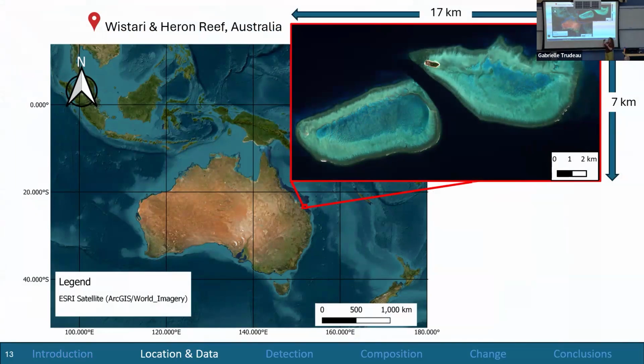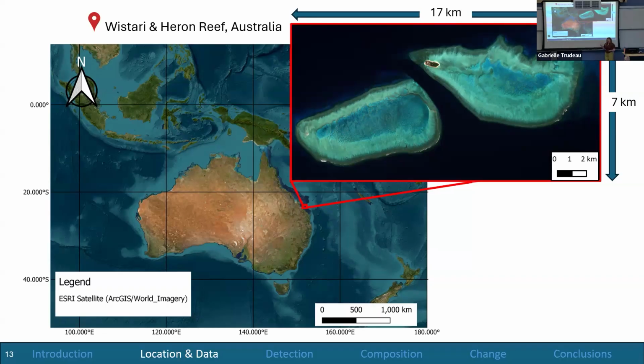But these are both what we call atoll-style reefs. So we have a really stark perimeter of a coral structure on the outside. The reef edge is usually about 1 meter or 2 deep, depending on the tides, and then it slopes down and outwards to sea. On the inside, where the lagoonal system is, kind of where the sand is, we have a sand structure, maybe a couple corals throughout. That's usually about 3 to 4 meters deep. But this atoll-style reef gives us the easiest case scenario for being able to detect corals from literally outer space.